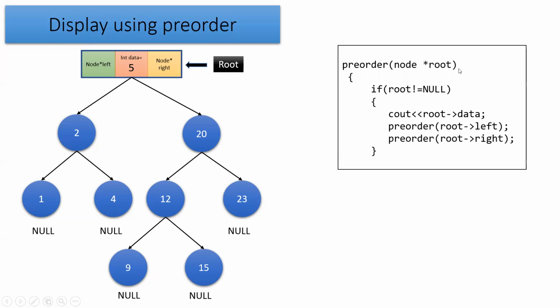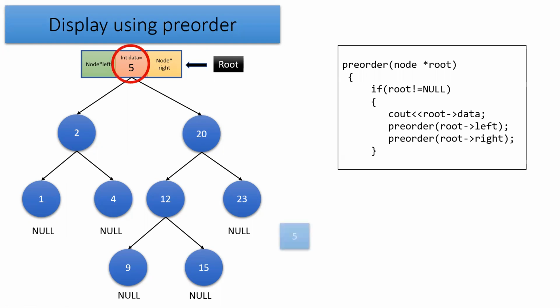Whenever it will go in the left side, once again it will check whether the root is null or not. That means if the left subtree is present or absent. If it is present, then once again it will display the root data in the left side. And if that left child is going to contain one more left child, then it will again give a call for this pre-order function. Whenever the left side execution is over, then it will go to the right side for that particular node. And the same again DLR technique it will apply and we'll get the pre-order output in the form DLR.